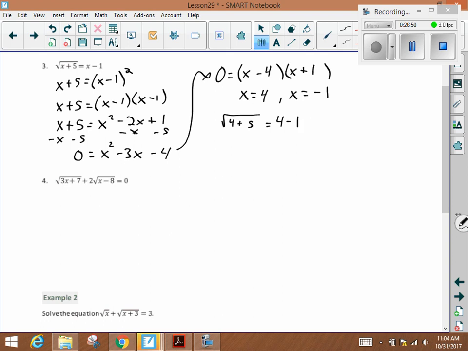Yes, right? Because 3 equals 3. All right, let's check x equals 1, so that one checks. So is it the case that the square root of 1 plus 5 is equal to 1 minus 1? No. Oh, it should be negative 1. My bad. Negative 1 minus negative 1. Sorry. That comes to the square root of 4 equal to negative 2. It still doesn't check, right? Because the square root of 4 is